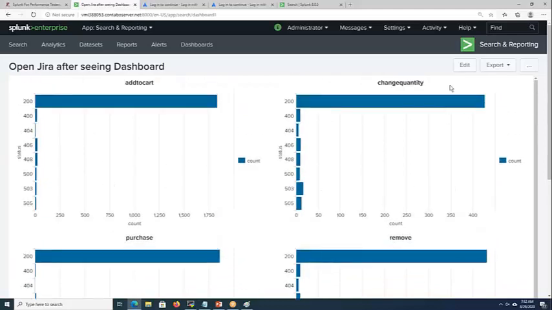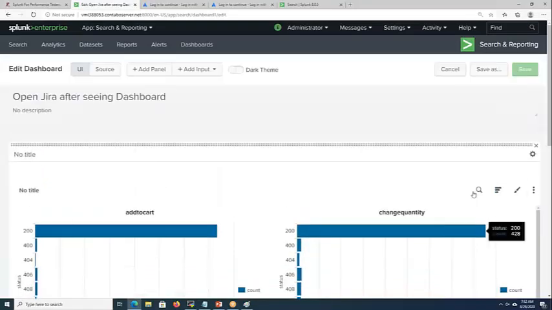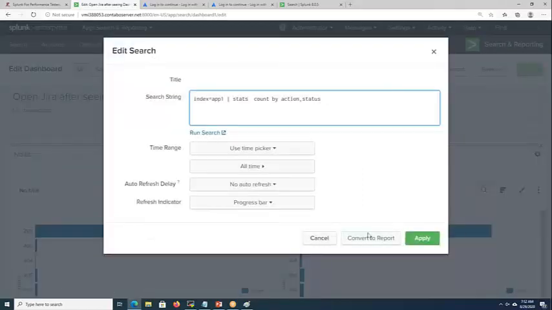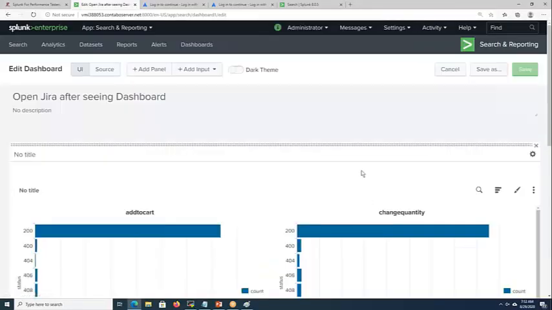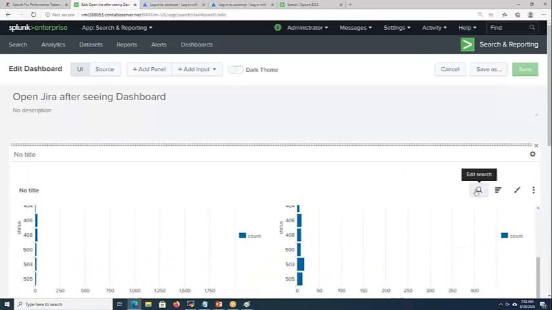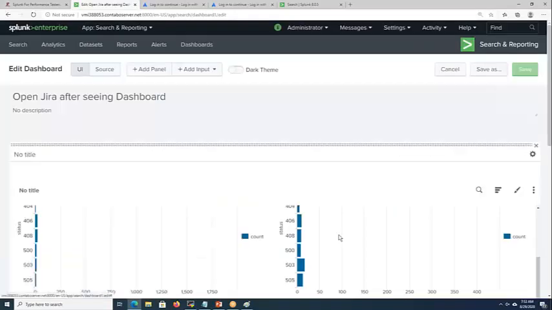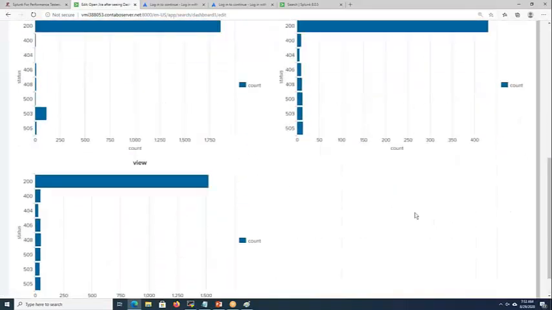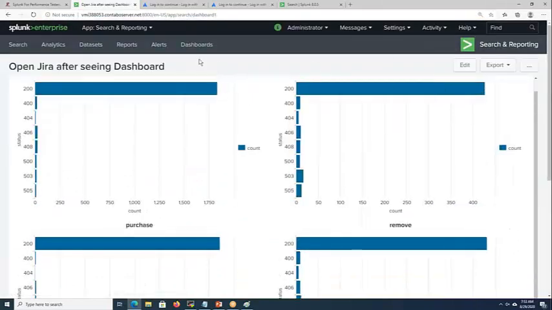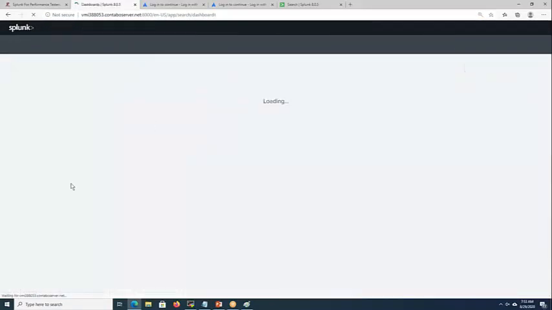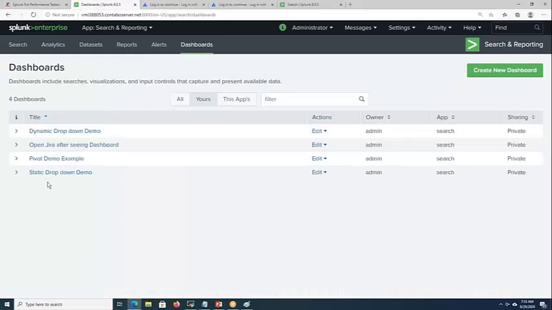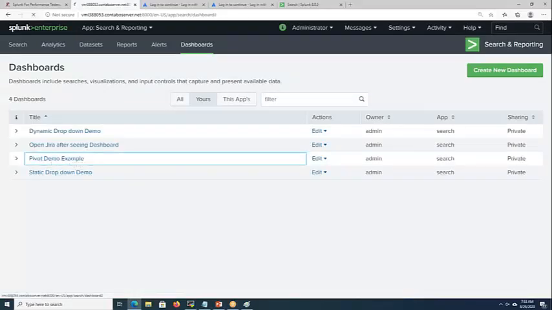If I edit and do a search, one second, there is one query which I have written. Yeah, pivot demo.